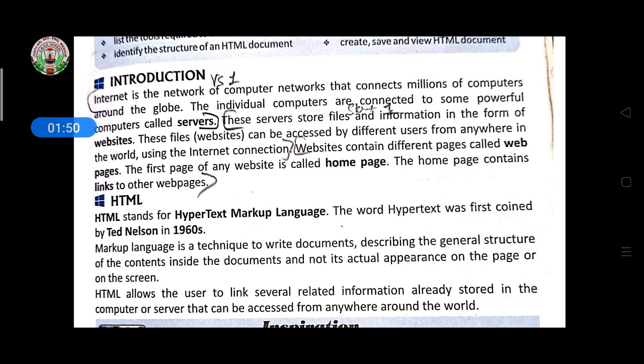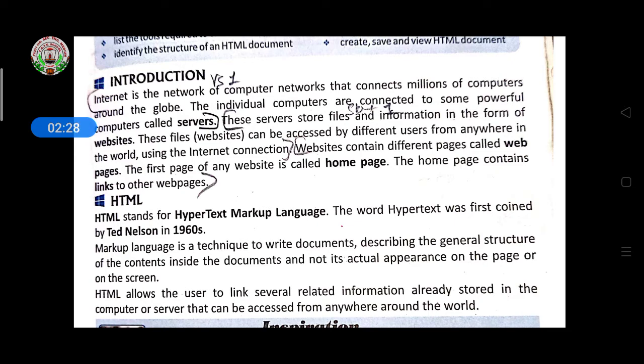Suppose if you want to share some documents with your colleagues, means if you are working in an organization, there you can store all the data in one system. And if someone in your company wants to retrieve the data, then you can give them the ID and password of your server, and then he or she will retrieve the data from that particular server. So server means where we store our data in a secure form.